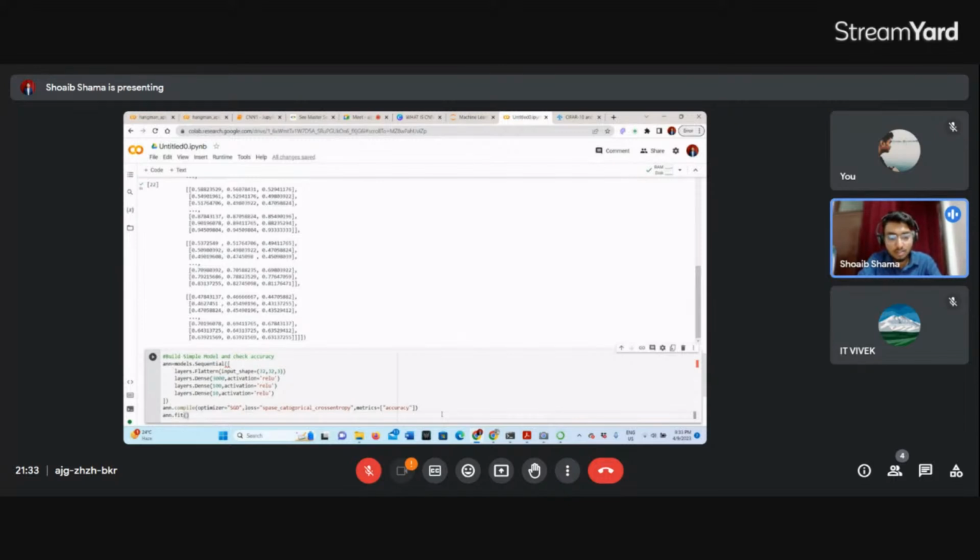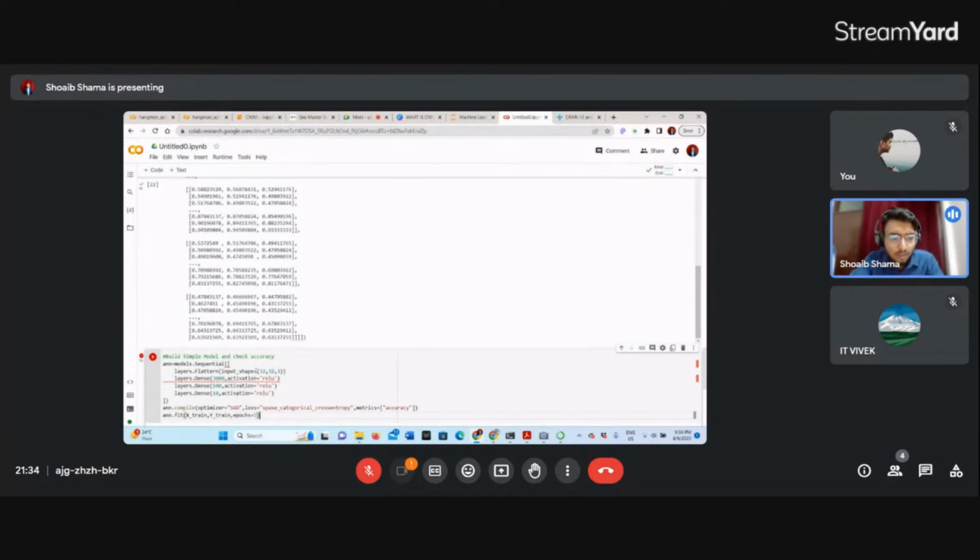Layers.dense. Don't know why it's showing wrong.